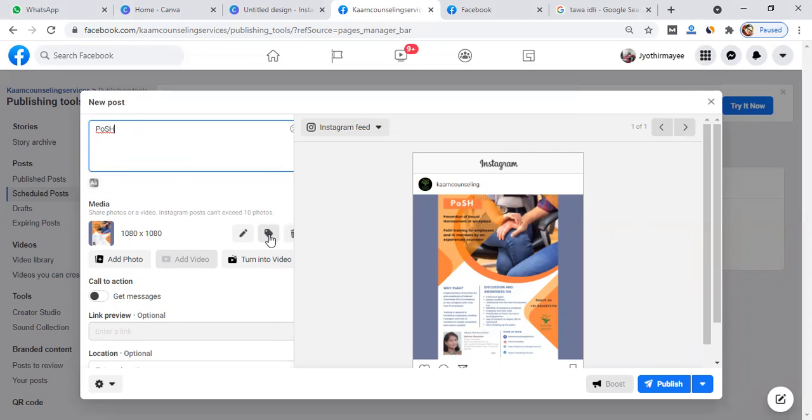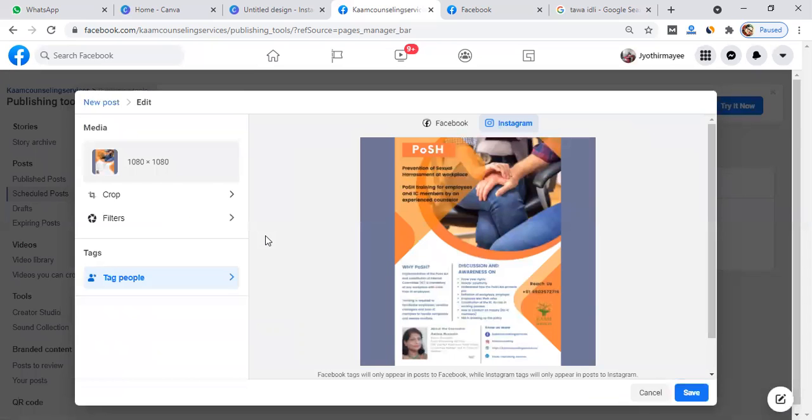You are not exploring all the options it is showing. I'm sorry to say this, really you people are not exploring anything. Clearly it is showing tag, and even in Canva, if you take some time and explore, it will show you all the options. You want spoon feeding, each and everything you want spoon feeding. So click on tag.